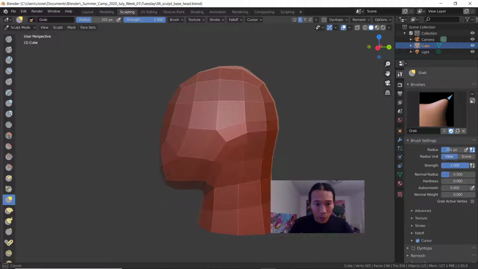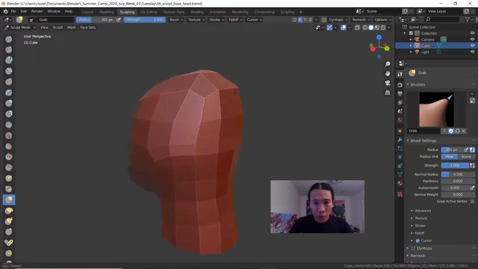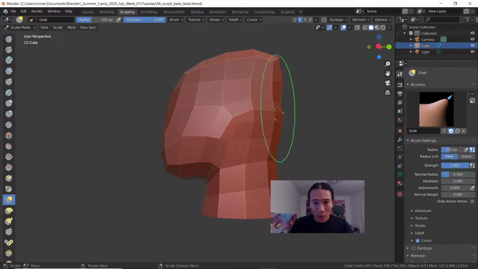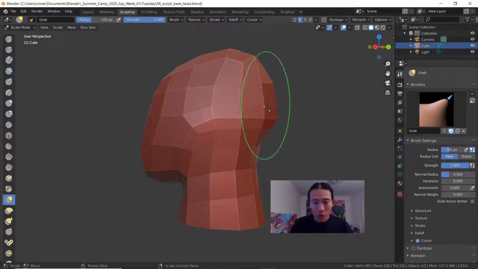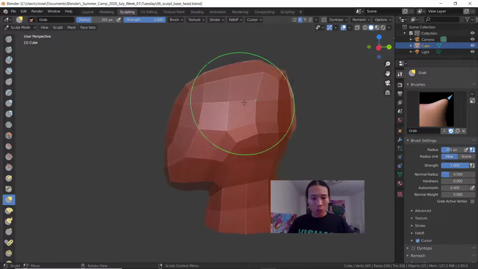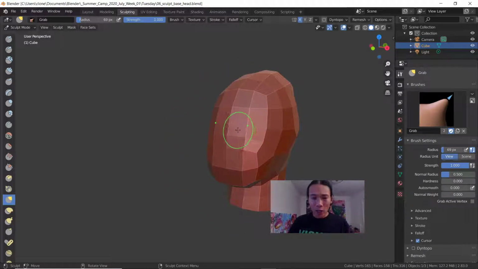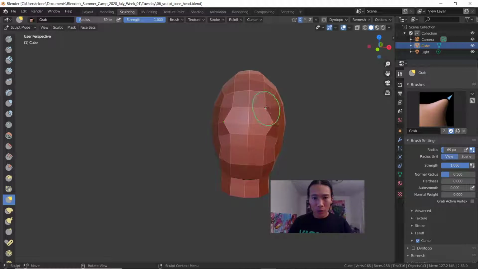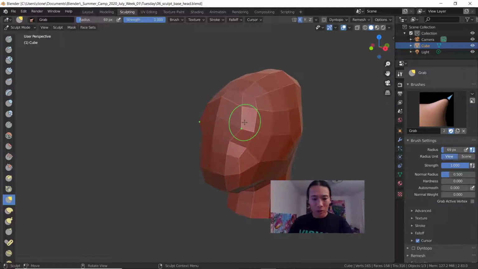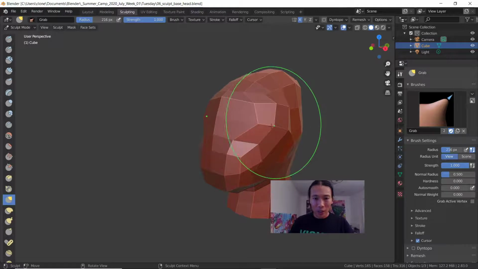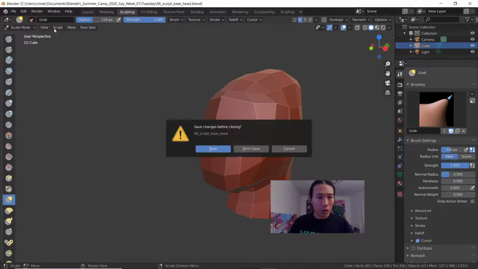As I use this grab brush, look at how I'm moving. I'm not just moving one vertex point at a time. I'm actually moving whole groups of vertex points, and it's really based on the size of my brush, which I'm controlling with F. Okay, nothing really hard to understand there. I'm not actually changing the vertex count at all. Sculpt Mode can be very useful because it's another way of moving individual vertex points, and by adjusting my brush size, making it really big, I can move a lot of vertex points at once, and this could be really useful